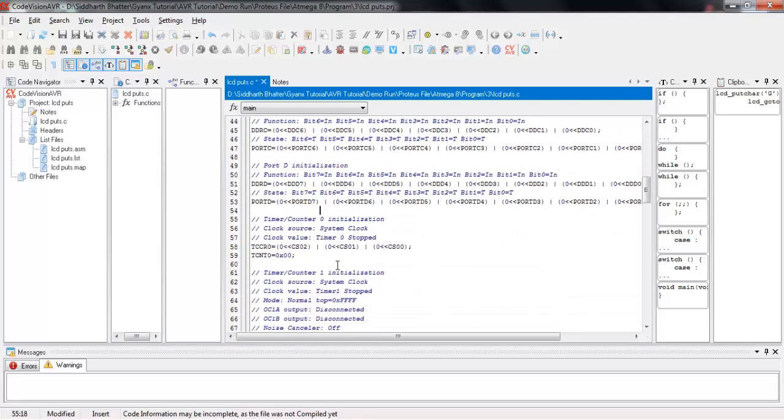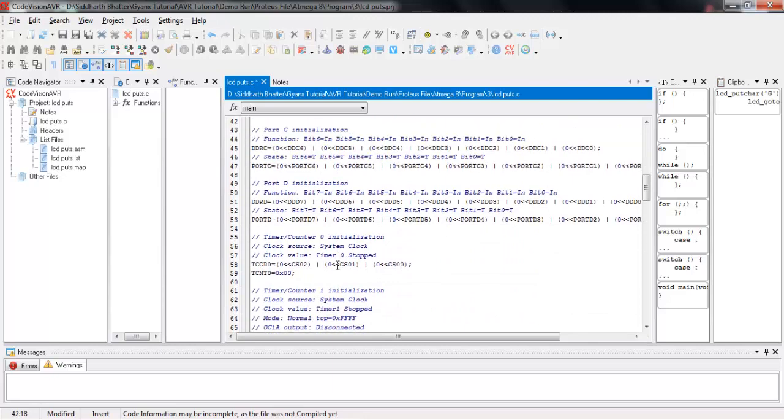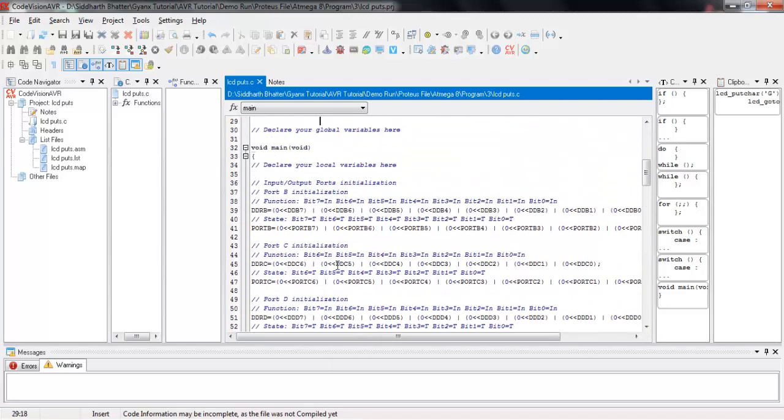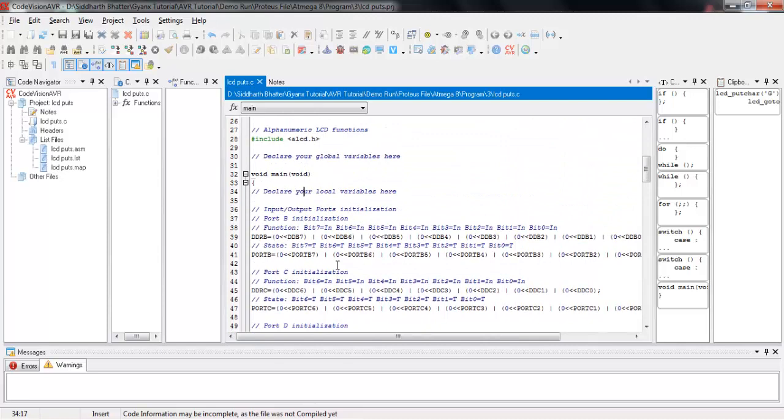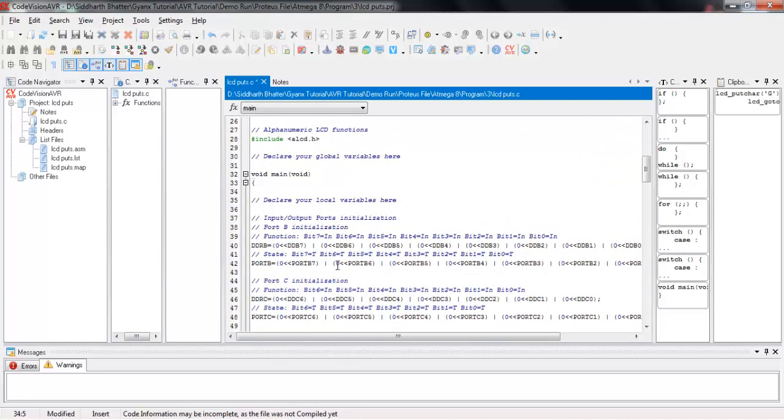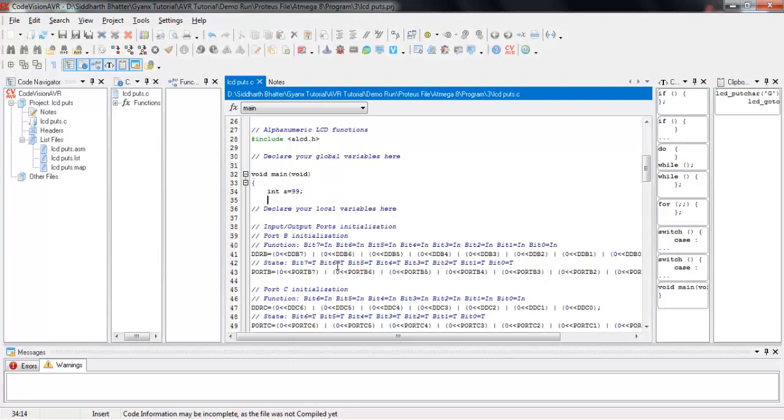Now, using the function LCD_puts, which is actually used to write any character. Suppose I want to write a numerical value on the LCD. To write this numerical value, I have assigned one integer value of 99 and one character.